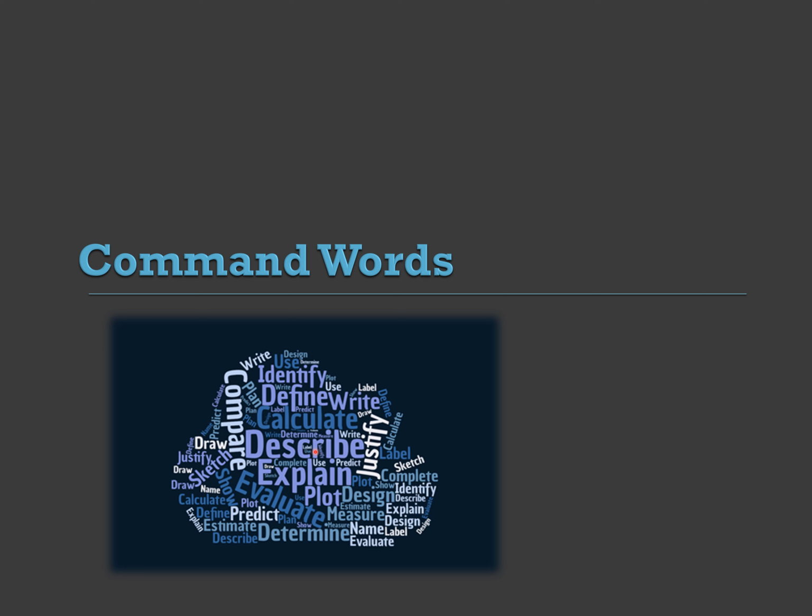Command words are also used in Urdu. For example, if we say in Urdu, "तफसील से बताओ मुझे," or we say "what happened, क्या हुआ है." Now "what happened" does not require the detail, but in contrast, if we say "तफसील से बताओ मुझे क्या हुआ," so "तफसील" means you understand that you have to tell in detail. So this is how command words tell us how much answer is required from us.